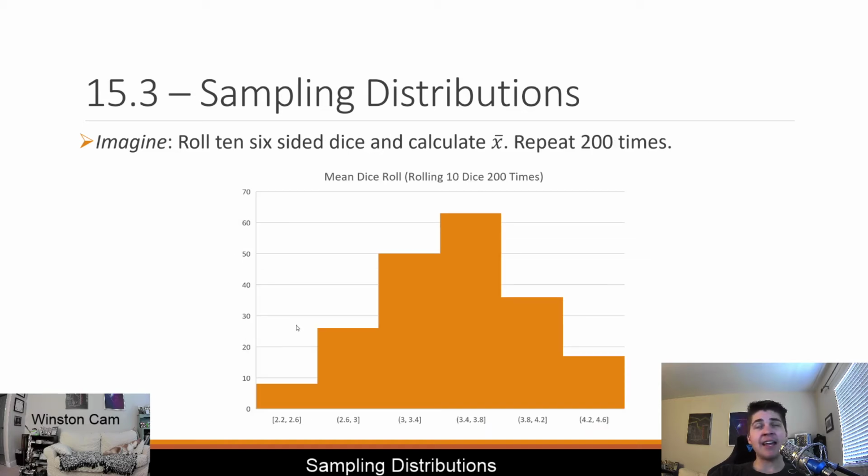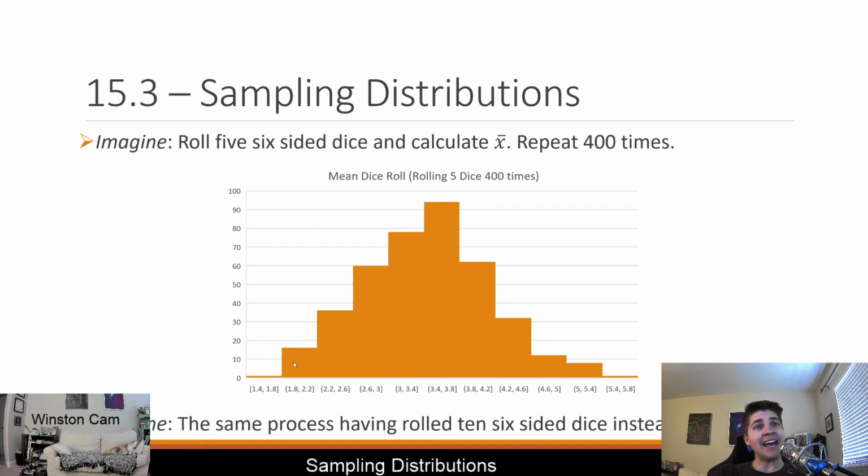But let's say we rolled 10 dice 200 times and we did it more and more and more often. Notice that the types of answers we're going to get are actually way more concentrated towards the center. The average of 3.5 to 3.8 was the most common, 3 to 3.4 also relatively common. And the number of outliers, basically we had 0 outcomes that were higher than 4.6 and only 1 or 2 that were lower than 2.6. And as we know, the true average of rolling a die